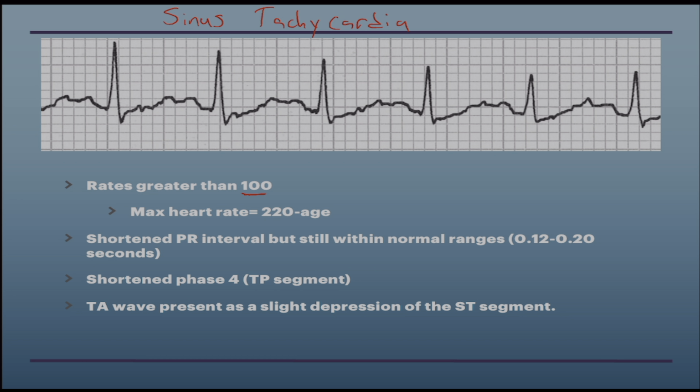Also, with tachycardic rhythms, we can see a slightly shortened PR interval, but we still find that it's within the normal ranges to be considered a sinus tachycardia. Moving into our TP segment, which is phase 4, in a tachycardic rhythm, the TP segment is going to be shortened. You can see that very clearly on the EKG at the top of your screen. The TP segment is actually almost non-existent. Most likely,